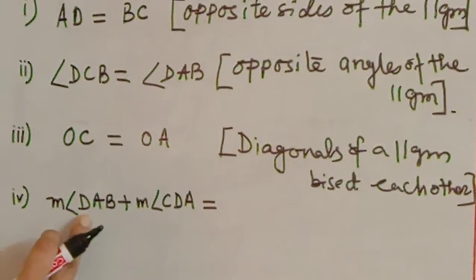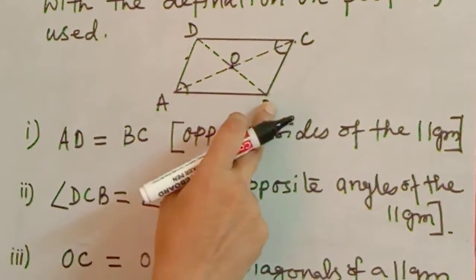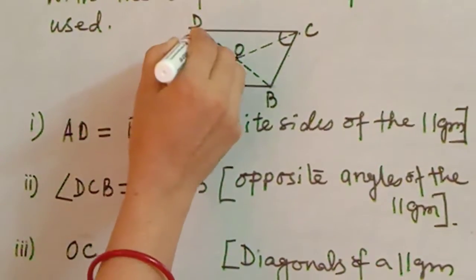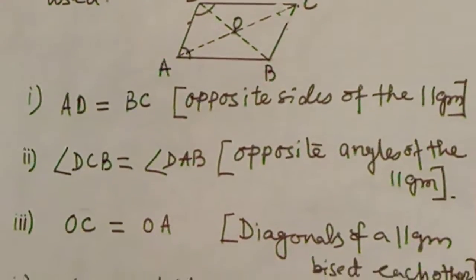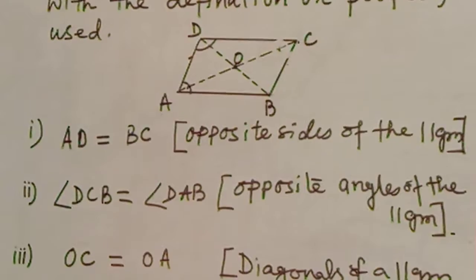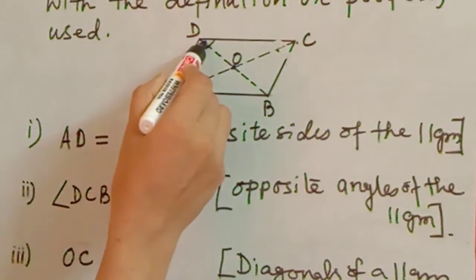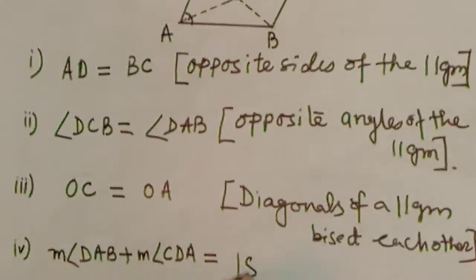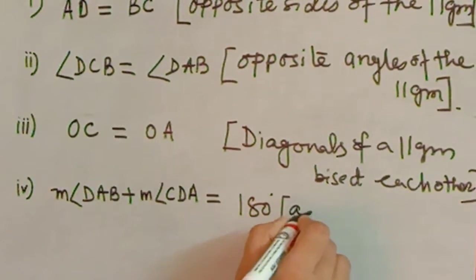Now the measurement of angle DAB and angle CDA, these two angles. What will be the measurement of these two angles in a parallelogram? Adjacent angles are supplementary. This is also another property we have discussed in our earlier classes. These are two adjacent angles, so the reason you will write here is: adjacent angles